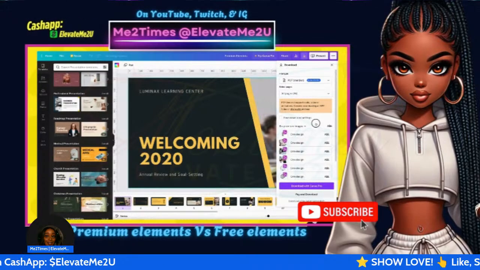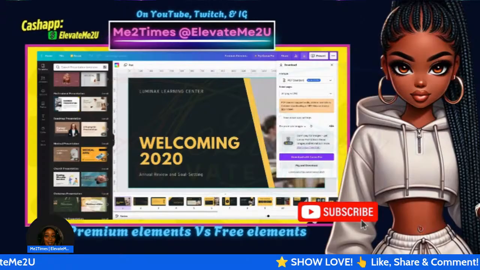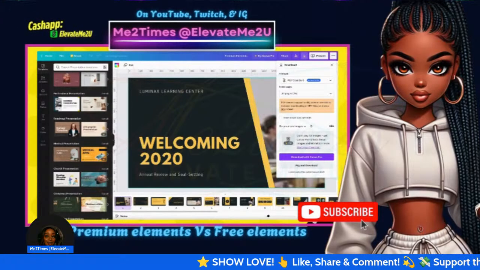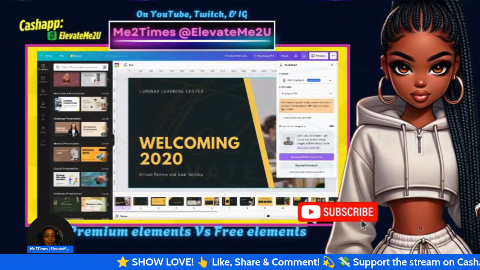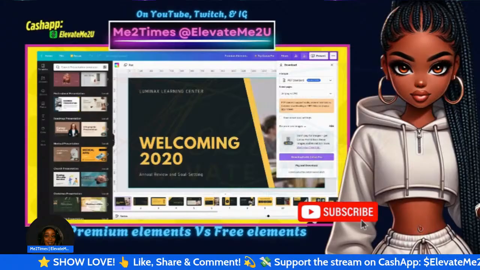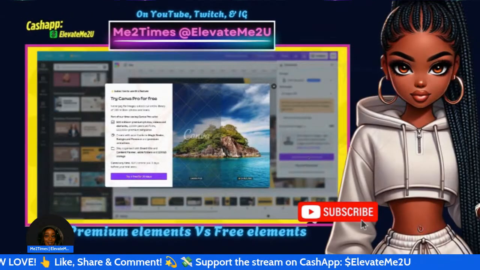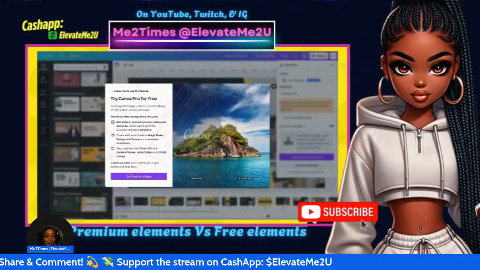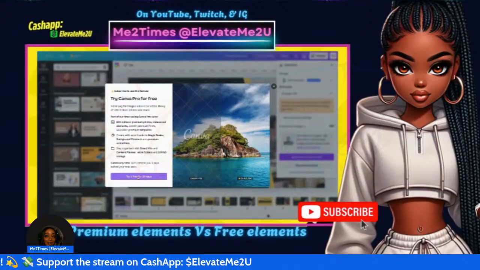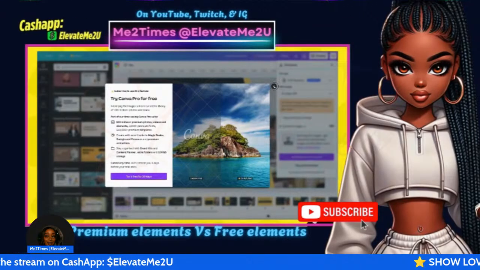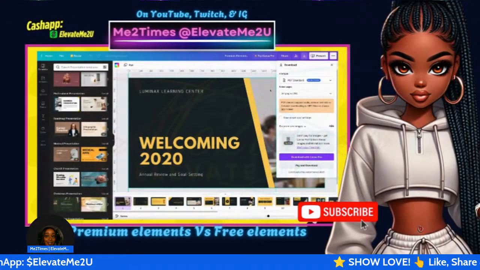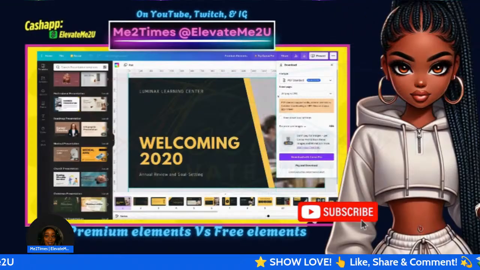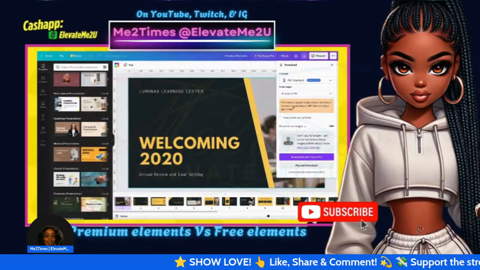So from here, Canva lets you do one of 3 things. Number 1, you can subscribe to Canva Pro and never pay for any premium element ever again, as Canva Pro will unlock the entire media library. Know that you will be charged monthly or annually for Canva Pro. That's the first option. The second one is that you can pay for these 6 premium elements and download your